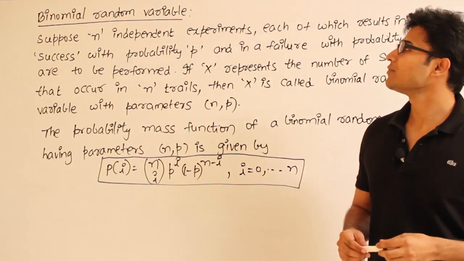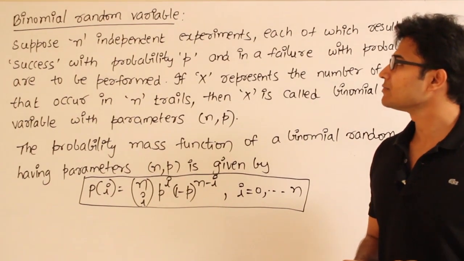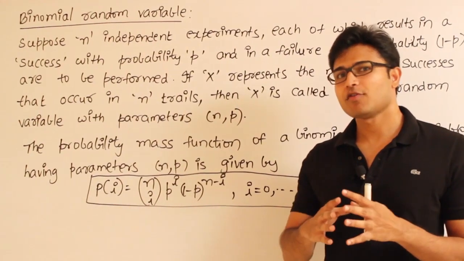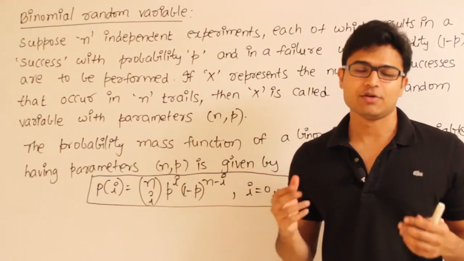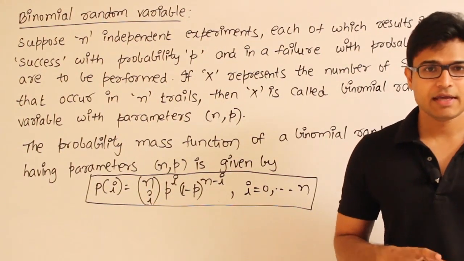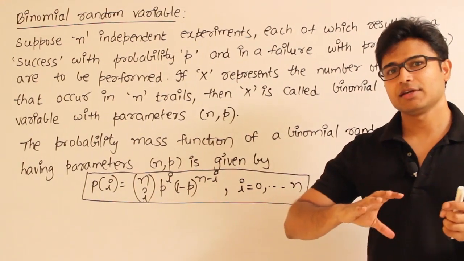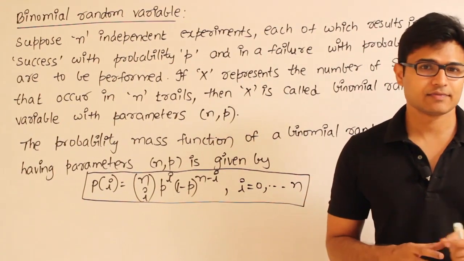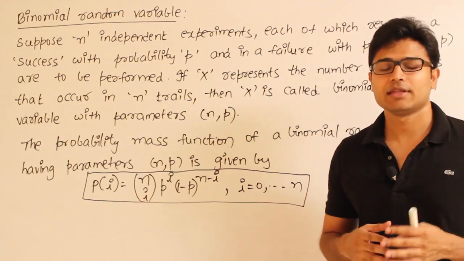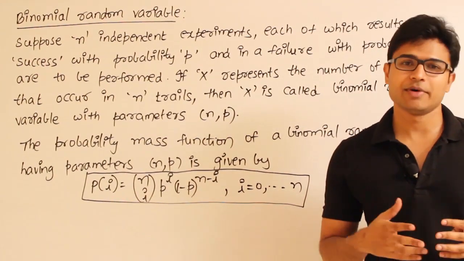Let's see binomial random variable. So a binomial random variable, you can think of it as a collection of many Bernoulli random variables. Earlier we have seen the Bernoulli random variable, right? A binomial variable is actually a combination of Bernoulli variables, right? Since there is very little difference between them, people don't really give much weightage to